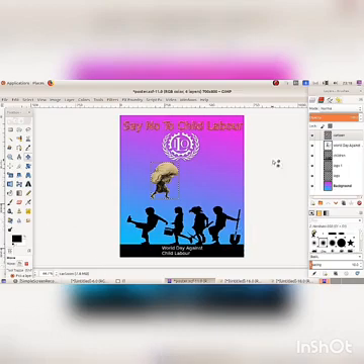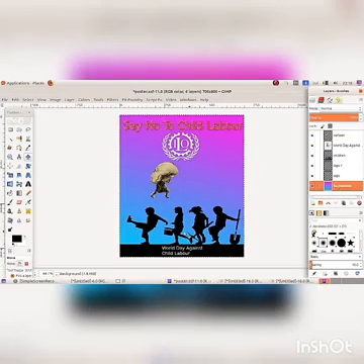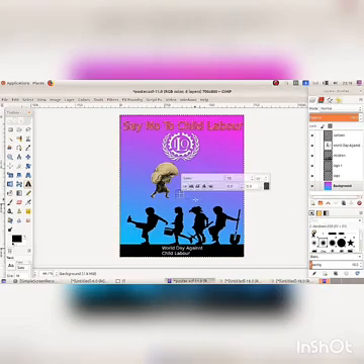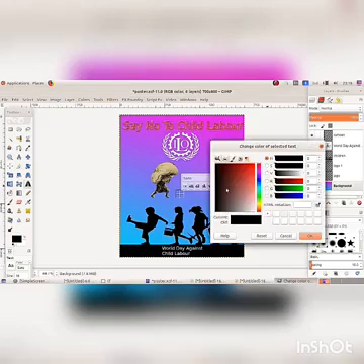And then type a text, June 12th. Select the background layer. Then select the Text tool. Click on the canvas. Then change the font color.